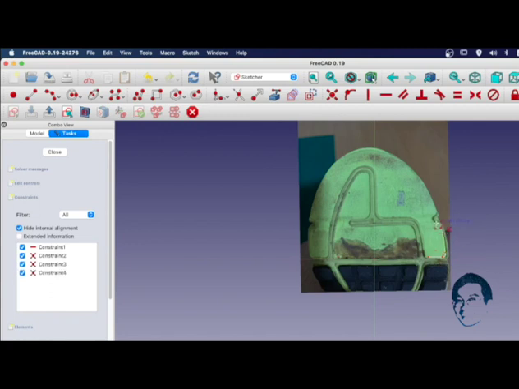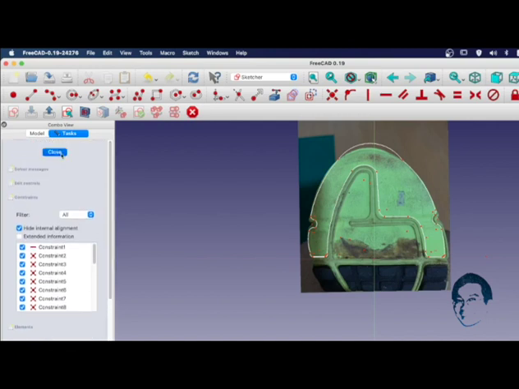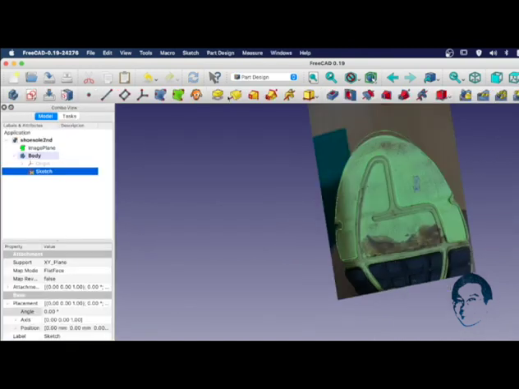Continue the sketch until the entire sketch is finished by using the arc and the line tool. Alright, so we are done with the sketch. What we do next is to close here and get a padding going as well.